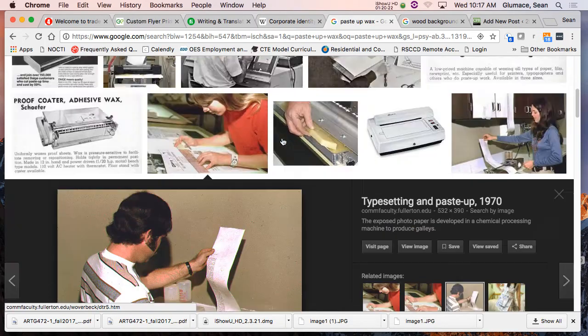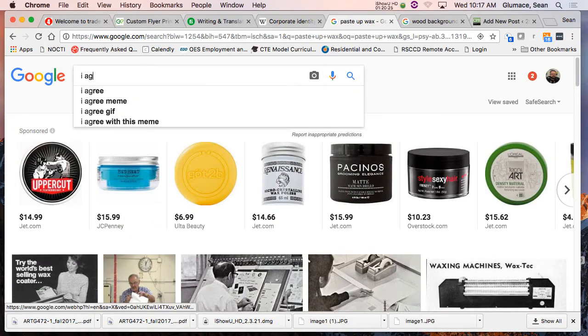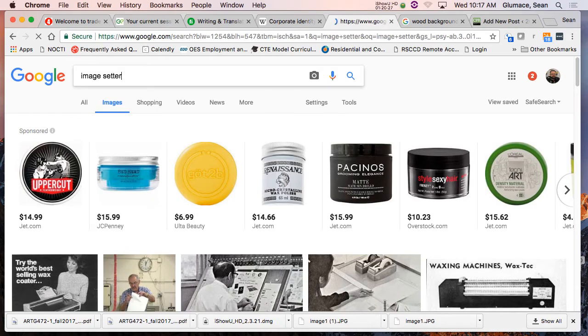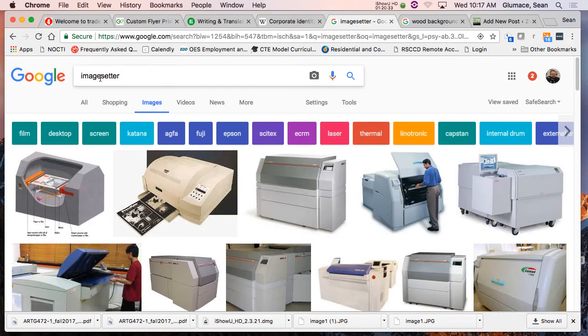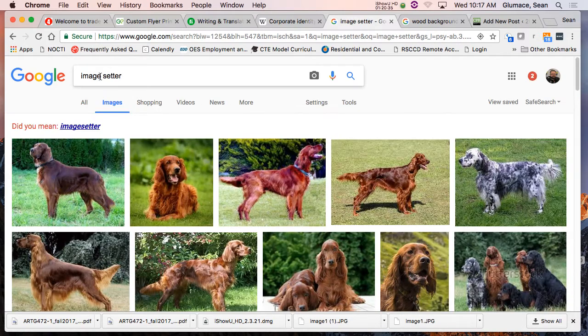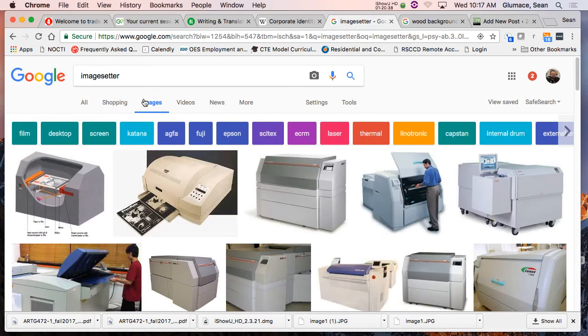When we called it an image setter, when this came along, if you didn't know how to use a computer, whoops. Boy, look at the difference between that search and that search. Yeah, I guess so. So that's an image setter, not the dog. But see how big they are? Because they print plates. And we still use these today. But it replaced all that other equipment I just talked about. This replaces it with one click of a button. You print film. Film comes out of it. And then that's what we use.